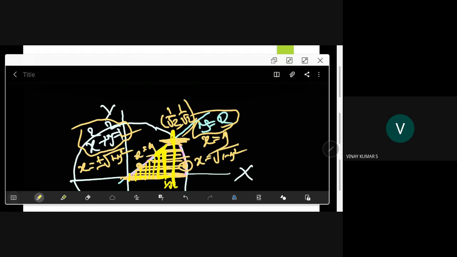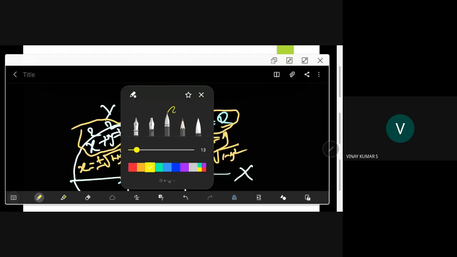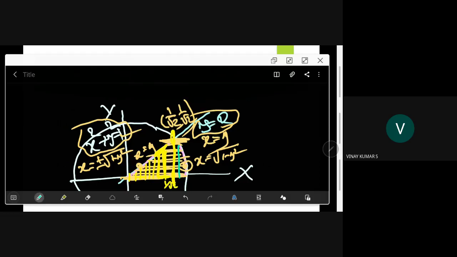Then once you move to this place, here the bottom part is the same, y is equal to 0. But the upper part rests on this circle. Please remember. That is the problem. So you have to divide this into two parts and then do the integration. That is a difficult one.